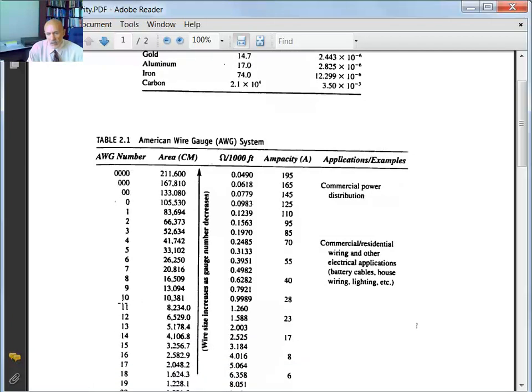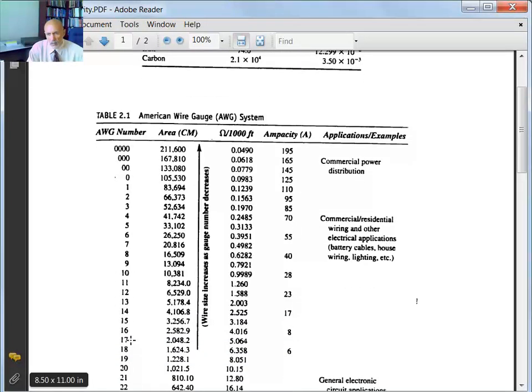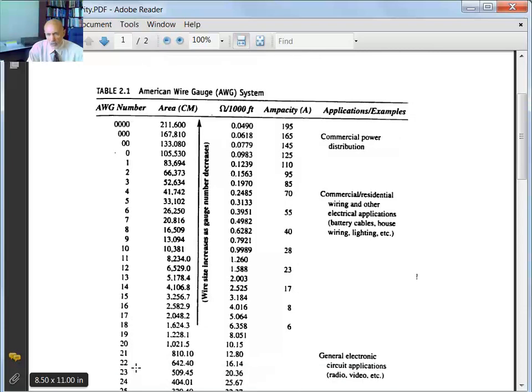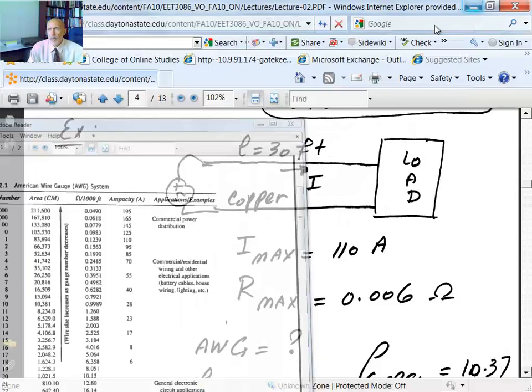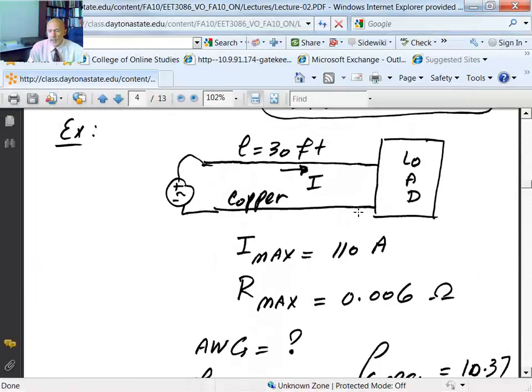Residential, they use gauge number 10 or 12, telephone number 21 or 22, and so forth. So they have different maximum current capacity, and you want to make sure you don't exceed the limit. All right. So for this, every time you need to pick the wire gauge that you need to hook